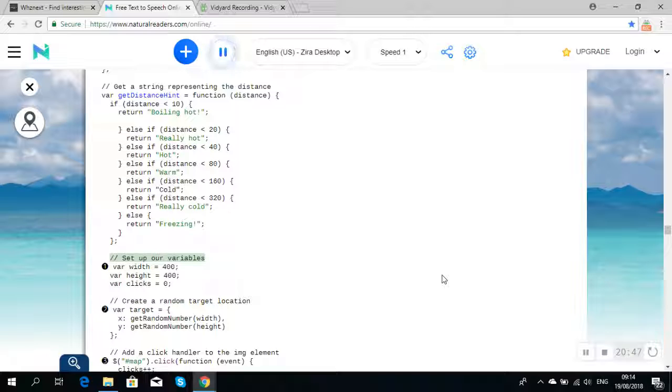// set up our variables. var width = 400; var height = 400; var clicks = 0; // create a random target location. var target = { x: getRandomNumber(width), y: getRandomNumber(height) };